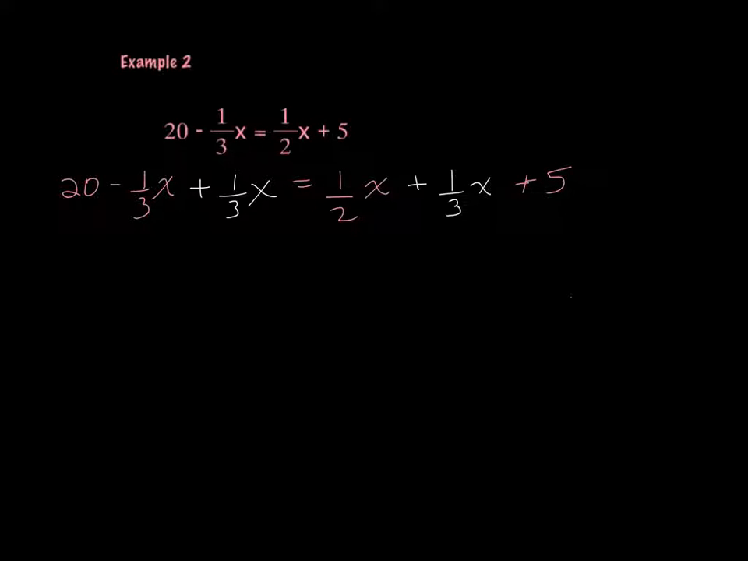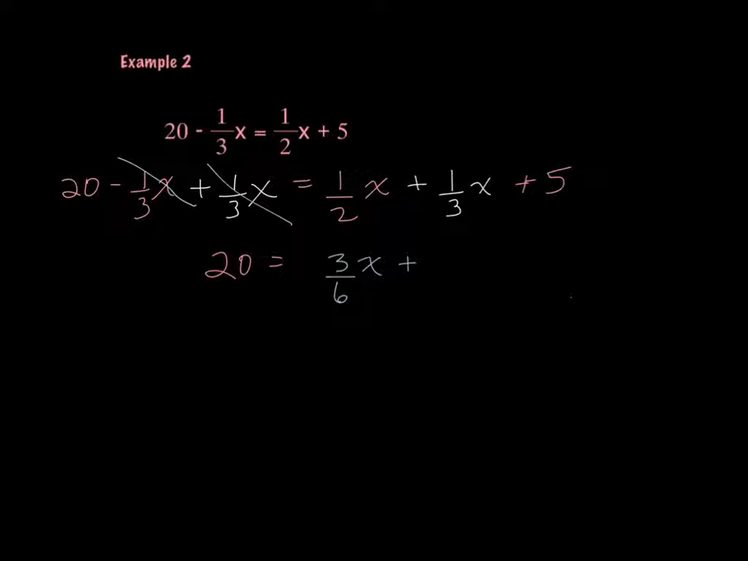Okay, so we've added it to both sides, and the nice thing at least is on the left, we don't really even have to find a common denominator. We know those two cancel out, and it just leaves us with our 20. On the right, we have to find a common denominator now. We have a half x and a third x. So between 2 and 3, our common denominator is going to be 6. So our 1/2 becomes